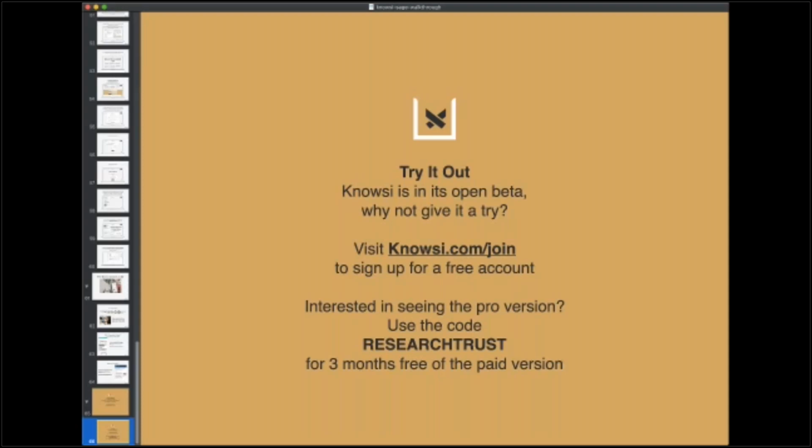And then another question, which I think ties in a little bit here, is: if you're giving participants this easy way to withdraw their consent, have you seen higher withdrawal rates, maybe compared, for example, in the projects you've done on Knowsi to ones you did before Knowsi with the traditional ways of managing consent?